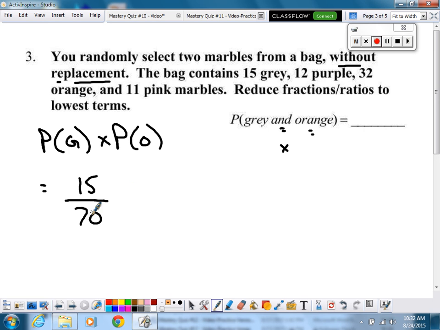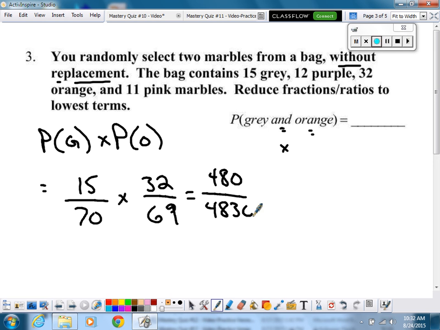Well, there's still 32 marbles that are orange. The number that changes is the 70, because there's not 70 marbles in the bag anymore. There's 69. And I'll go ahead and multiply those numbers together. Take care of this real quick here. You get 480 over 4,830. You can reduce that all the way down to 16 over 161, and that'll give you a decimal of